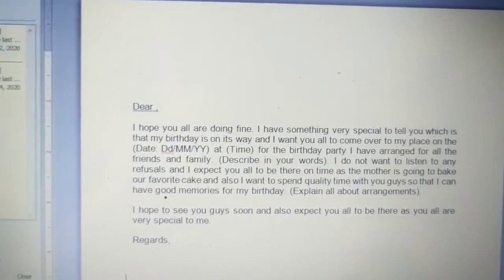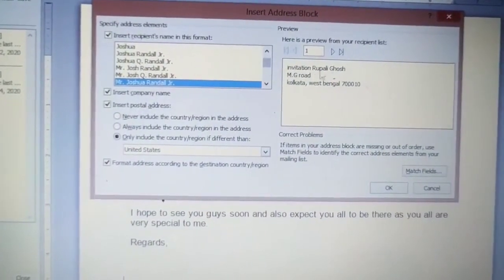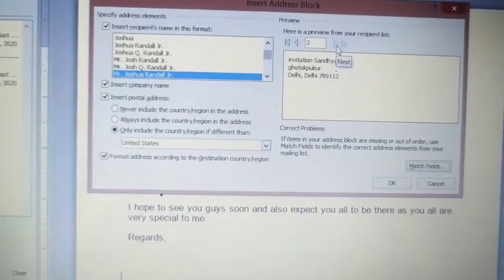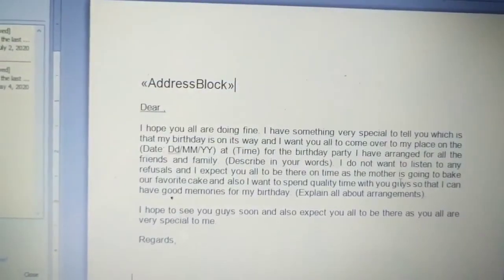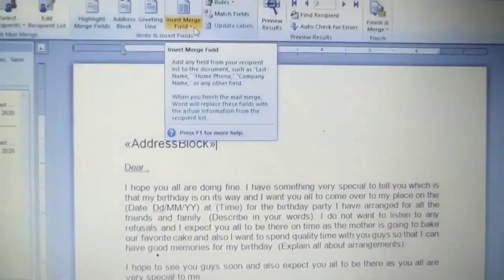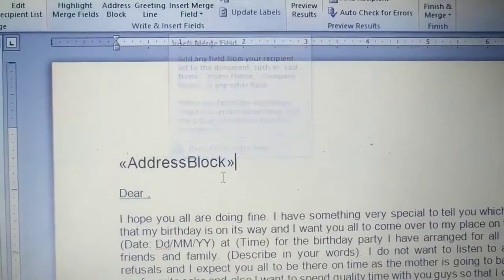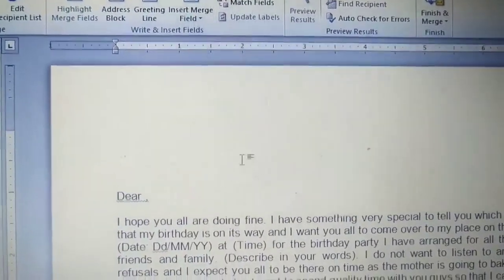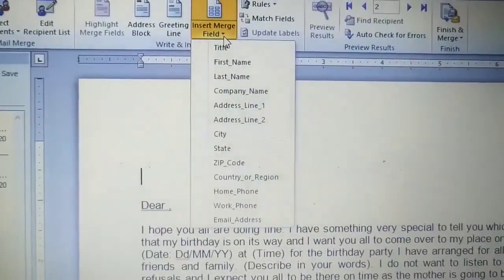So what you have to do, click on the address list and check whether the address list is okay or not. If it is okay, then click OK. Next you have to click on insert merge field. In the address book you don't need to enter the address, you just check it. Address block, insert mail merge field.